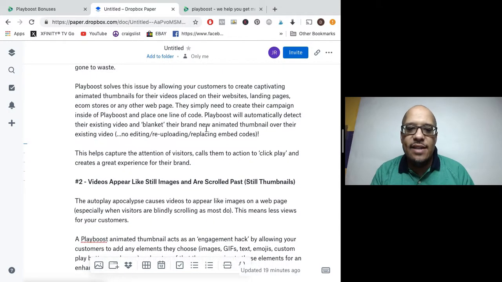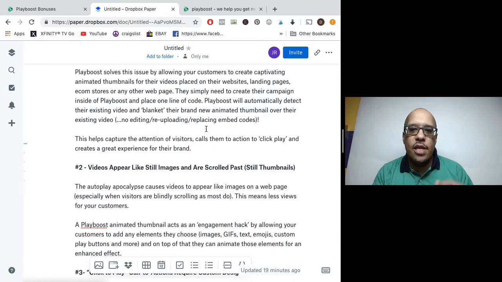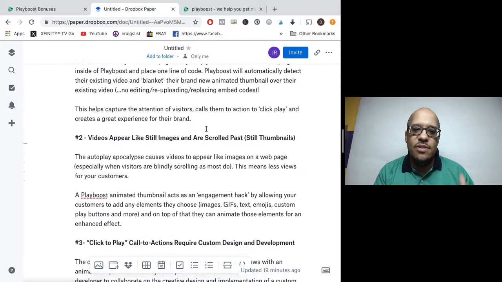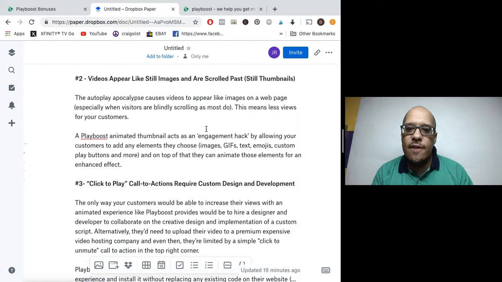Playboost will automatically detect your existing video and blanket their brand new animated thumbnail over the existing video. There's no editing, re-uploading, or replacing any embedded code. This helps capture the attention of visitors, calls them to action to click play, and creates a great experience for their brand, which is exactly